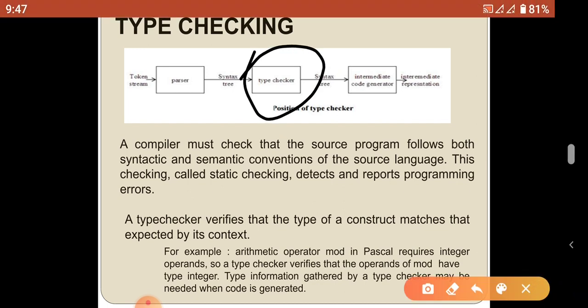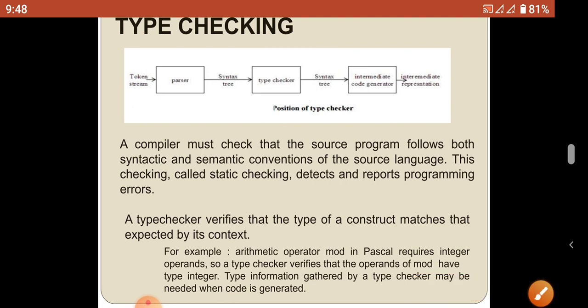So another name for the semantic analyzer is type checker. The type checker, or semantic analysis, verifies every programming construct, that is, whether a value has an equivalent type or not. Otherwise it informs the error to the error handler. Next we are going to discuss some of the important topics in type checking.